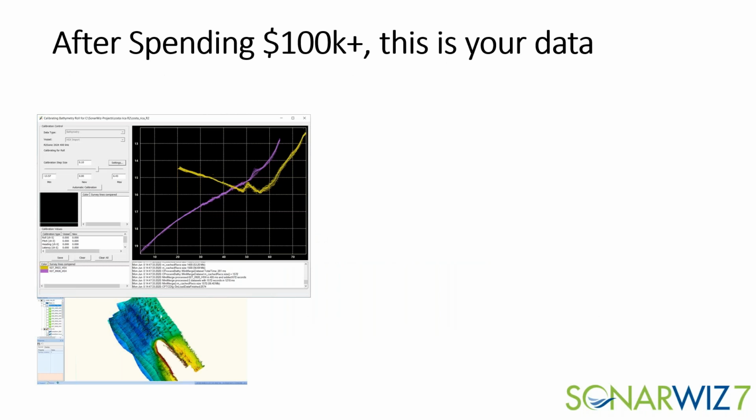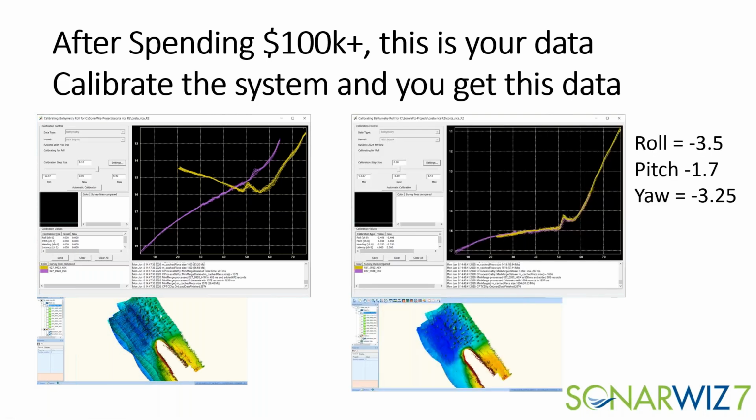We all know that we spend $100,000 or more on a multi-beam system, and this is real data that I collected. When we came off the boat after a few hours and went through processing, the data looked like this, and the client wasn't very happy. What happened to the data? In a relatively short amount of time, we did some processing, we did a calibration, and this was the end result. It's the same exact data, but notice, a 3.5 and a 1.7 degree roll and pitch error